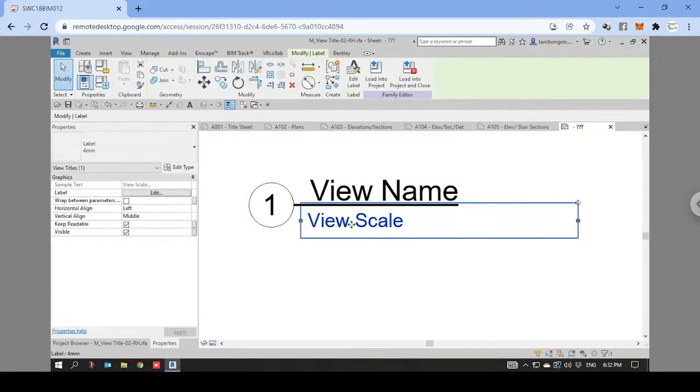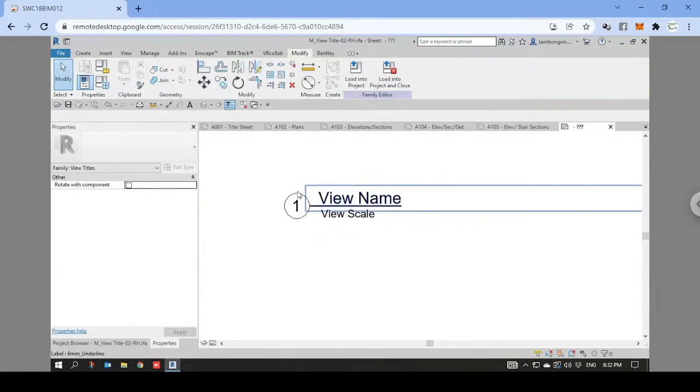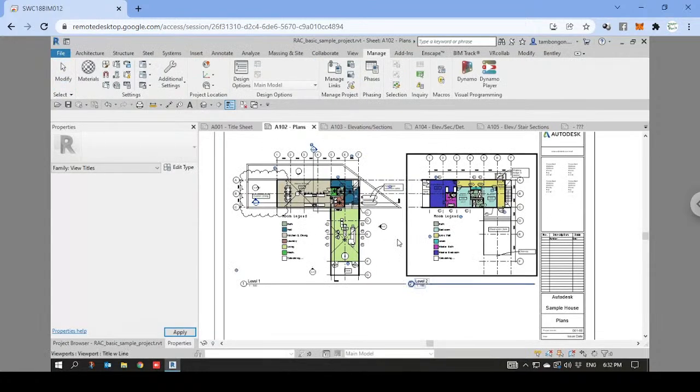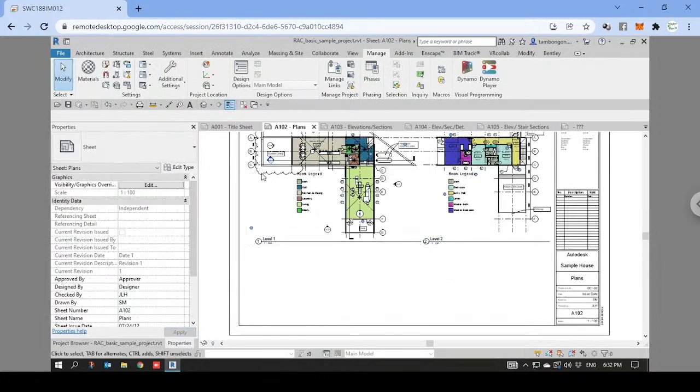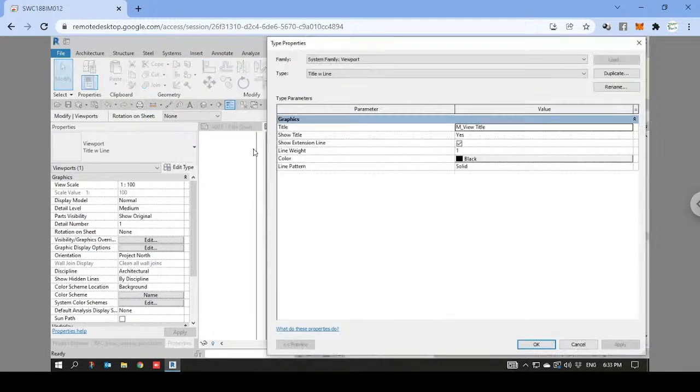Then I'll adjust the scale a bit using the arrow key. There you go. Then with this, I will have automatically the lines under the view title. So when I have this mview title 02RH, I'll just have to load it into the project. So let me try it to this level 1. So for me to do that, I can just simply edit type, then duplicate this title with line,